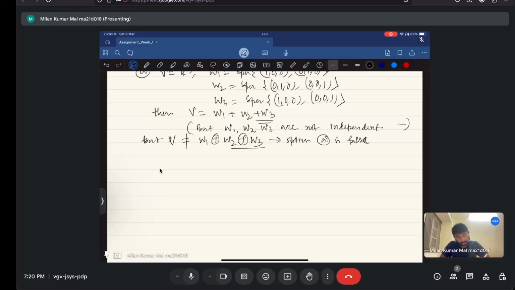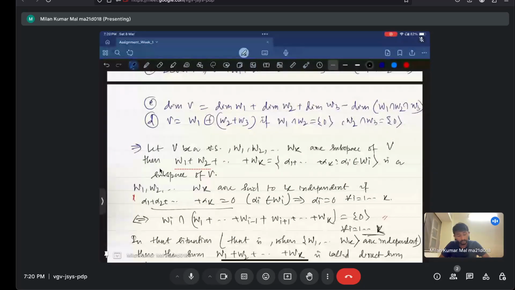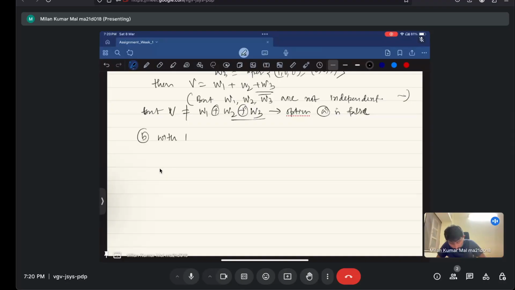Option A is false. Now, here it is saying the dimension of V equals the dimension of W1, W2, W3 minus the dimension of W1 intersection W2 intersection W3. So, here also with the same example as above,